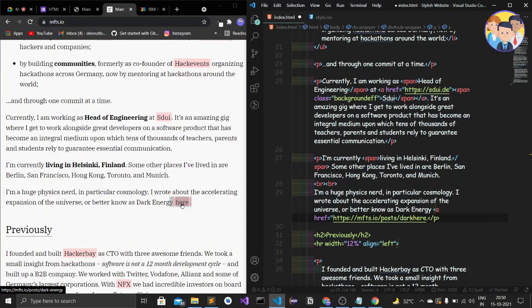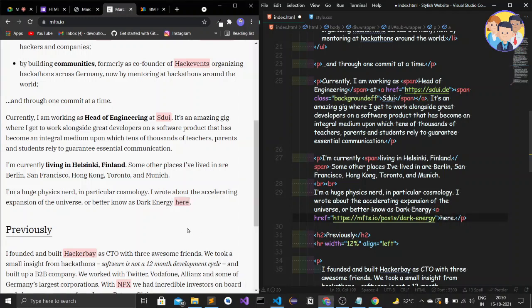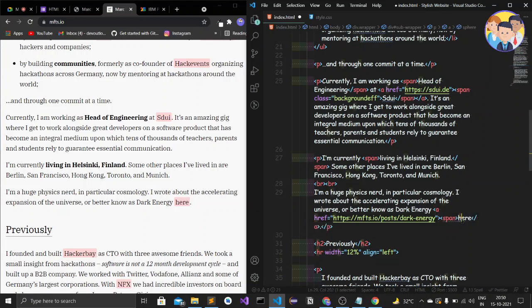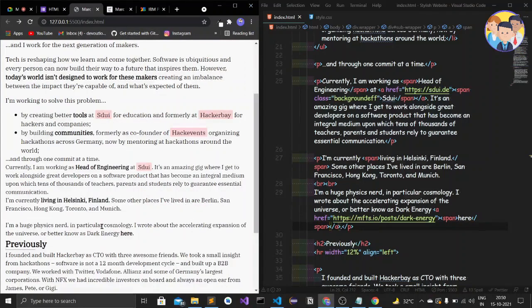Now let's close this anchor tag after the word here. Let's add the span tag also. I'll cut, and after the here I'll paste that ending tag. Now let's save it and see it in the web browser.